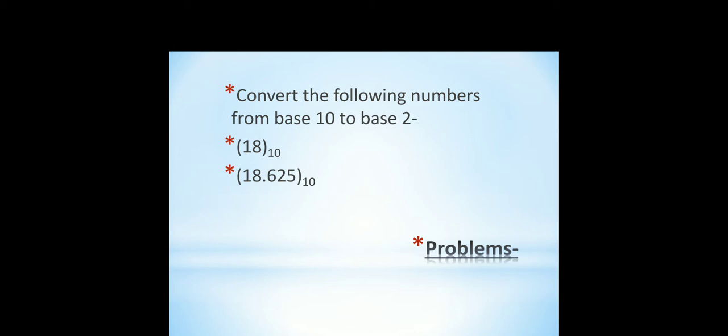18 decimal should be converted into base 2 or the binary number system, and the decimal number 18.625 should be converted into binary. Both examples can be converted to binary according to the process or procedure steps discussed above. So using the division method,